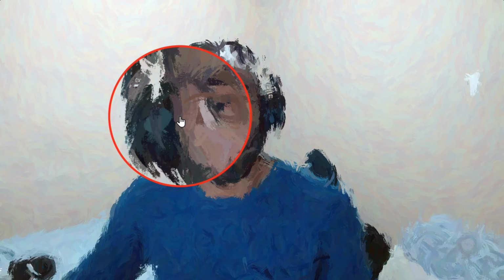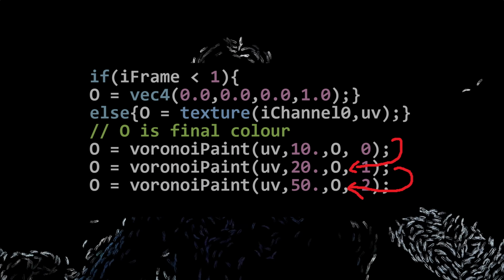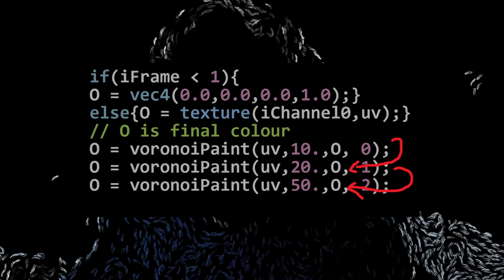Without any other levels of detail, especially in real time, it will be hard to make out any objects at all with this shader unless the strokes are really small. Ideally, we could paint big strokes where there's less detail and small strokes where there's more detail. We can call the function multiple times at different grid scales and pass the result between rounds so we paint